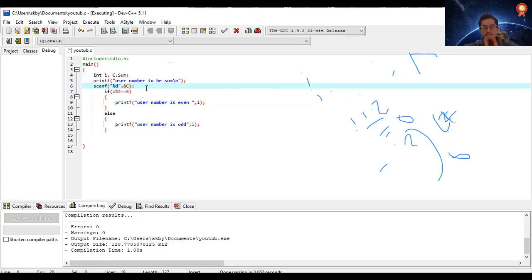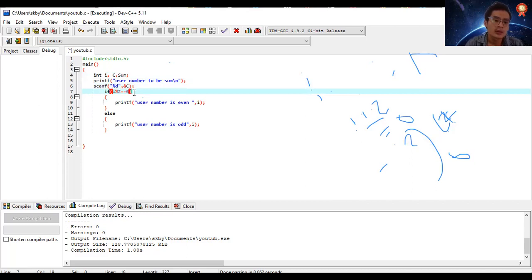Now I'm going to initialize it as, this must be what, odd and even, yeah. But this is not odd and even, this is sum. So I'm going to rewrite it as a